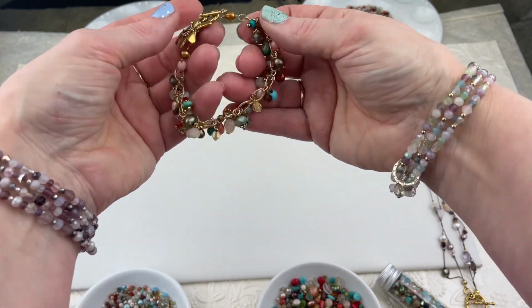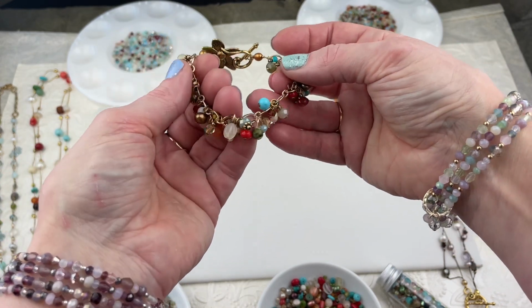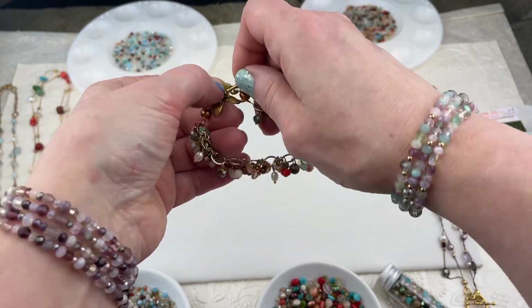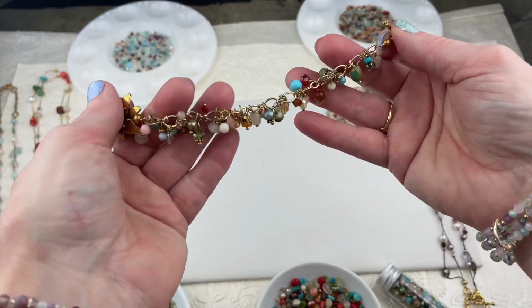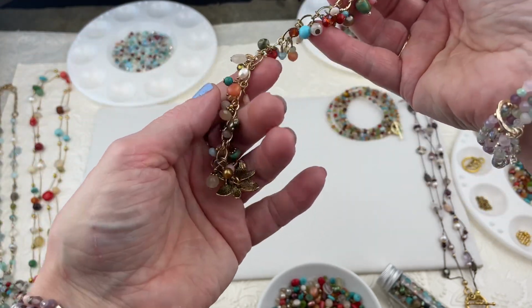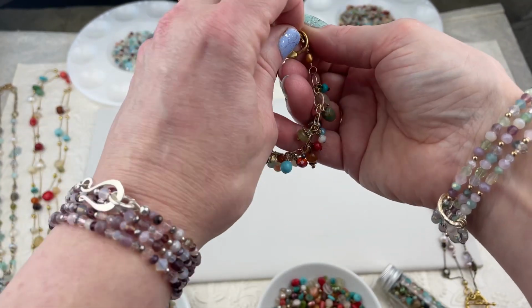But it is the same palette, but I select the beads specifically for this kit. So when you purchase this kit, I pick out all the beads to make sure they're going to fit on the 24 gauge head pins, which are gold filled. So these are gold filled head pins. It's an assortment of different gauges, and then the right beads. And of course it comes with